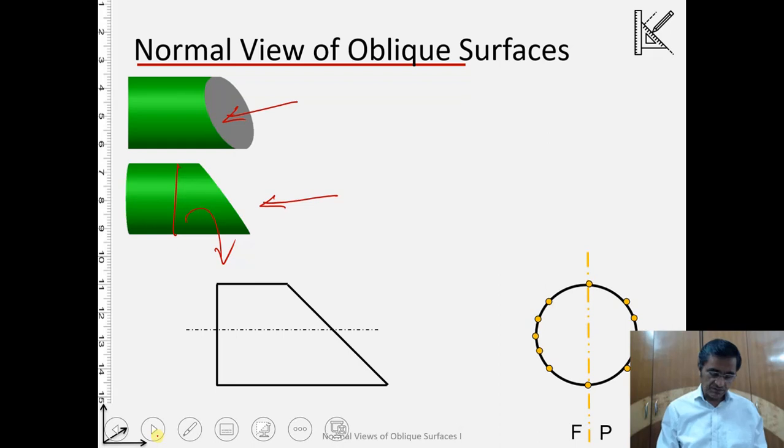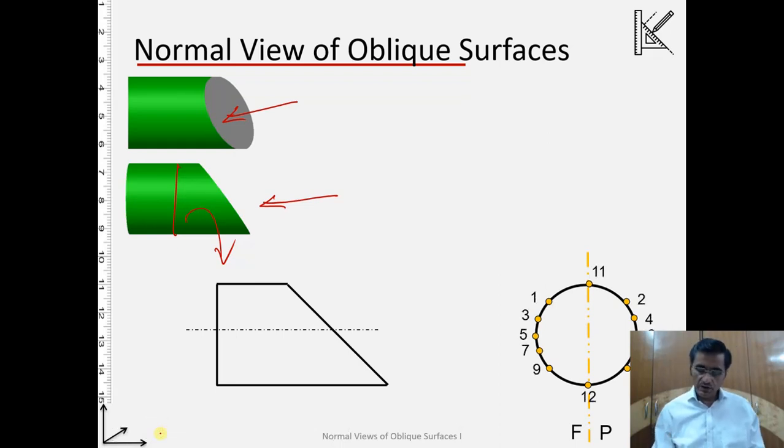Now let us give some names in the profile view, and we have made some segments in the profile view, 1, 2, 3, 4, 5, 6, 7, 8, 9, 10. That is how we are giving the names. Why are we doing it? Because we have to project this circular profile view onto a different view. So we will be projecting one by one. That is why we are dividing into certain parts.